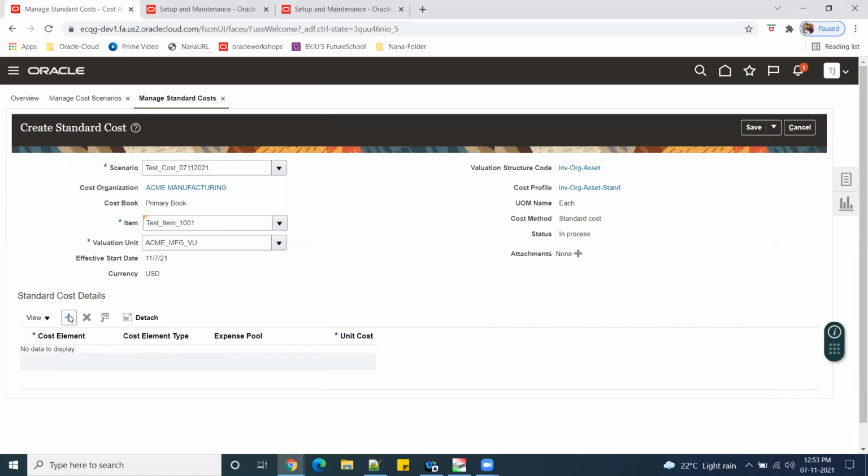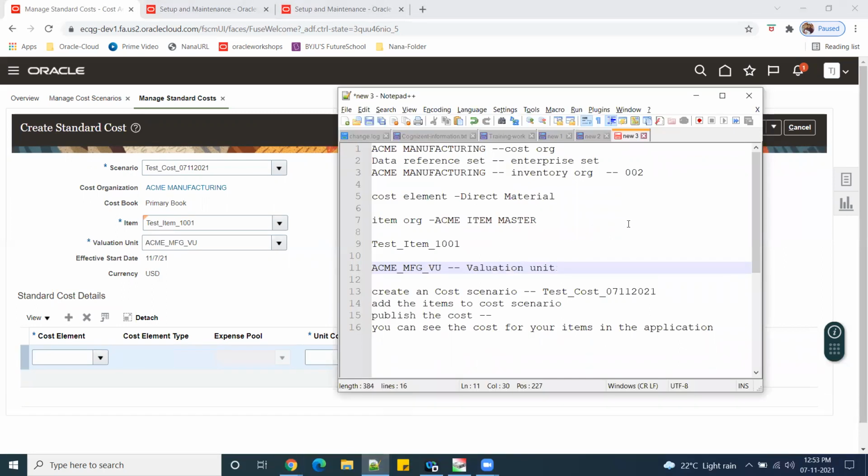After that, click on plus. Provide the cost: see which cost element you have to take. Any cost element you can take; the combination of all cost elements is nothing but the standard cost. So now I'm taking direct material.